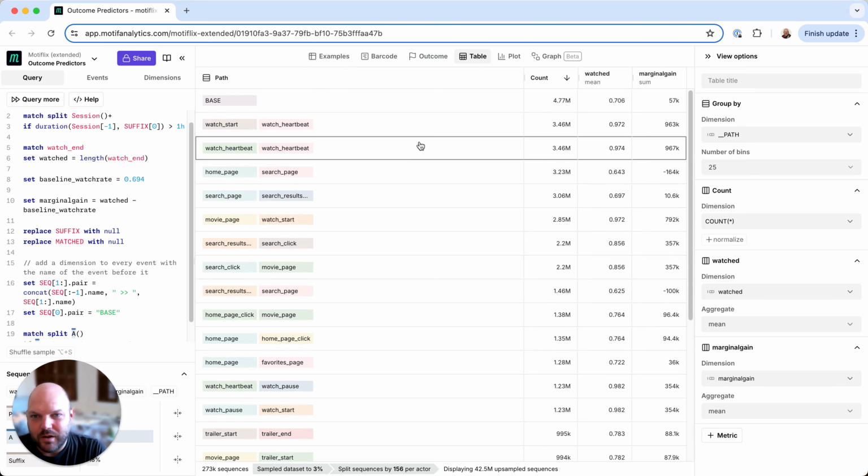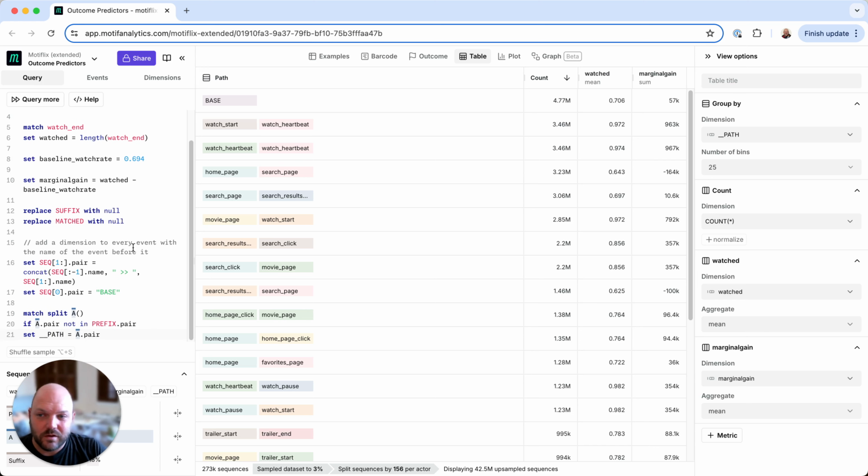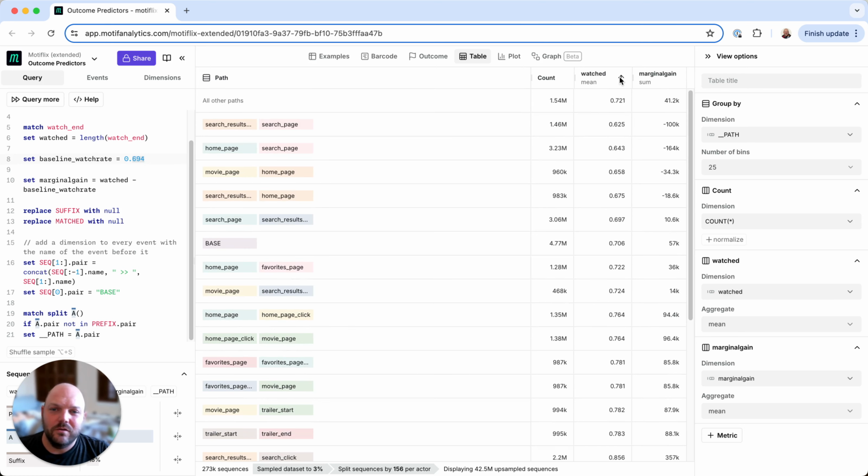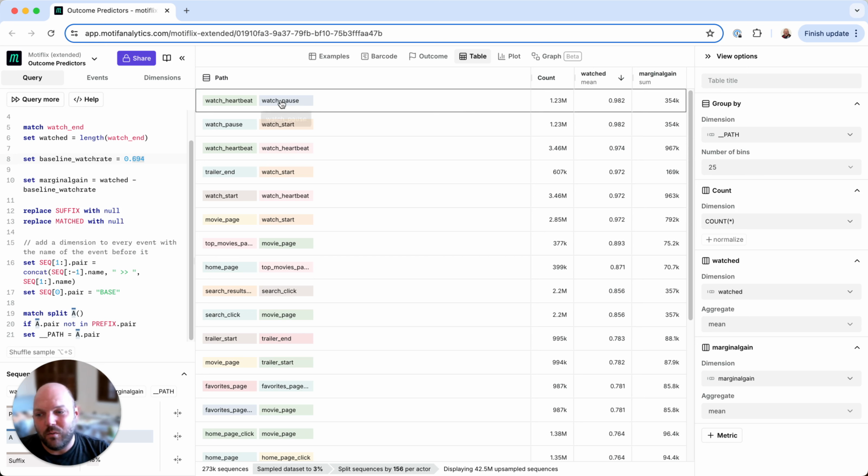Okay, so now just like we were looking at single events, we're now looking at our sort of pairwise combinations. We've deduped already, just like we did with the single events. At the top, you see baseline. So this is basically every sequence. The mean here should be very close to our baseline watch rate of 694. Again, if I hit query more and got to an exact value, instead of the sampled value, it would probably be closer, if not the same as our baseline. And the same with the marginal gain, should be close to 0 here, but because we're sampling, it's just off of 0. So I'm going to sort by this watch rate,